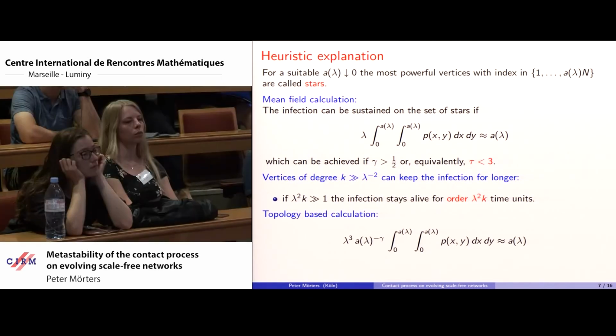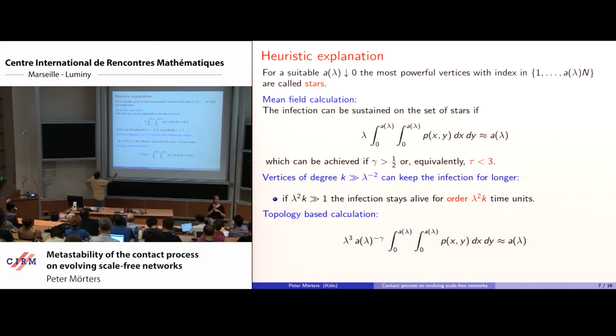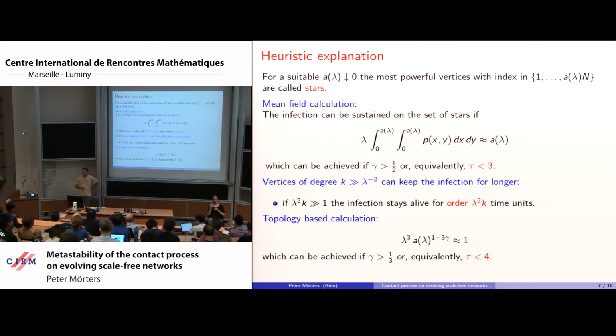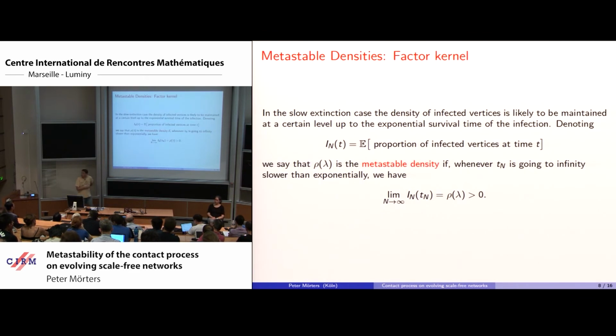So your new calculation, sort of topology-based calculation, replaces the time scale 1 that's not written here by lambda squared times a of lambda to the minus gamma. And when you do this, and you plug in your integrals, you will see that it now works when tau is less than 4 instead of tau less than 3. So that explains the different number occurring here. Okay, so